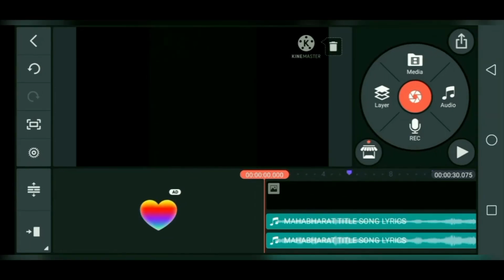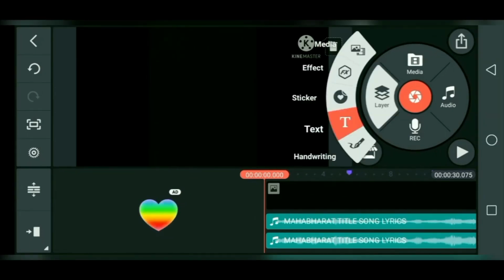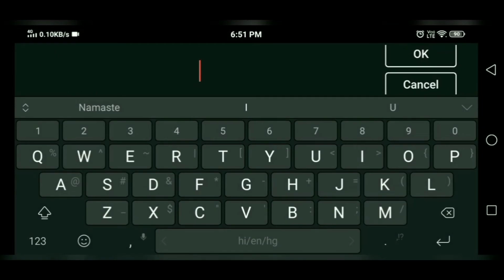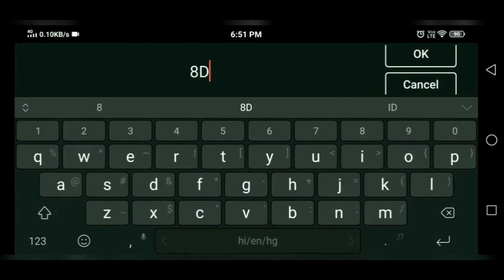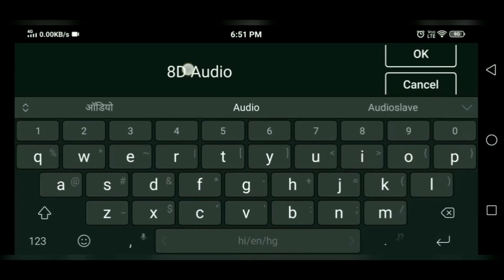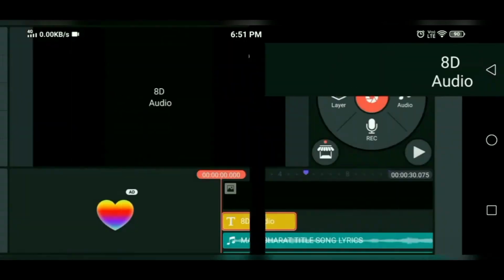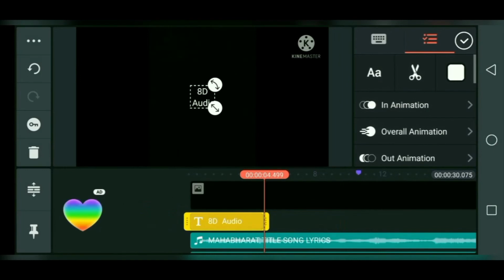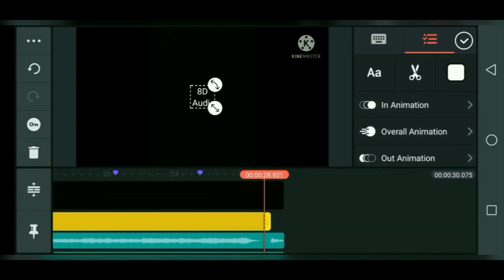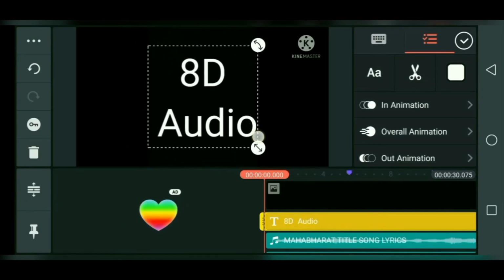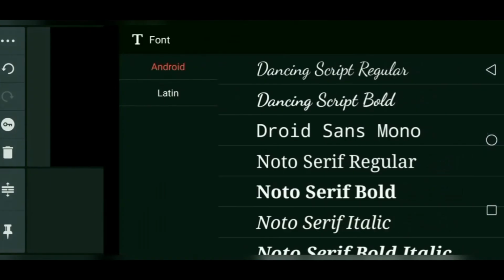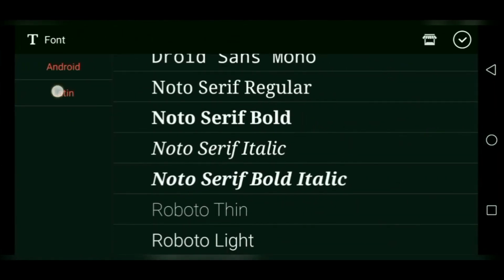It was very simple. You can add some text like 8D audio and extend it till the end, and change the font. There are many fonts, Latin also.